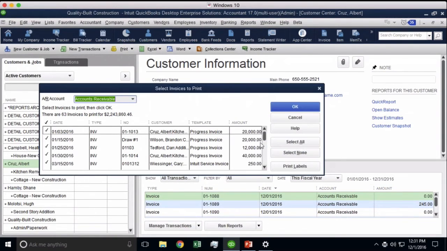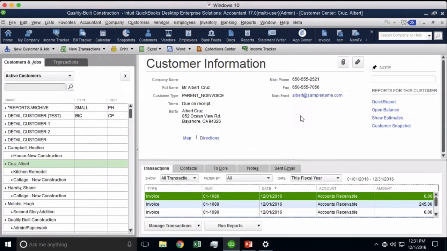Those should all be blank, but maybe I hit cancel on the print. But then those become blank once you actually fully print them. So these are all invoices again that were marked to be printed on that top portion of the invoice, and those could be automatically marked in batch if